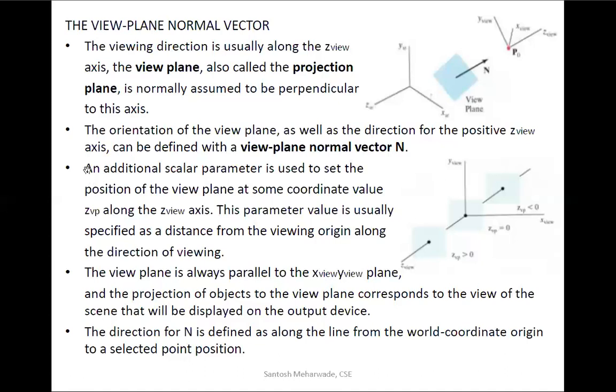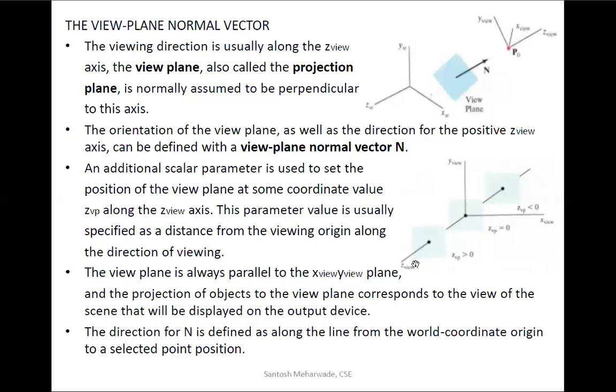An additional scalar parameter is used to set the position of the view plane at some coordinate value. That is what we call ZVP along the Z view axis. ZVP is nothing but the view plane position with respect to Z values, so it will be kept along the Z view axis.